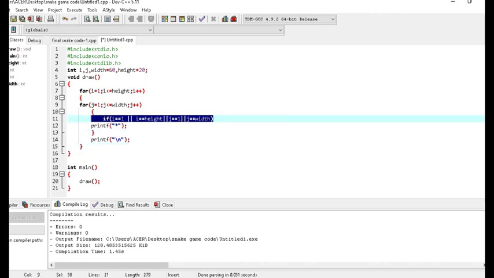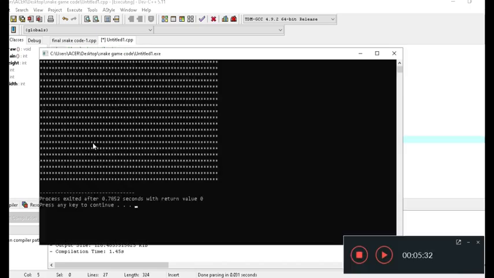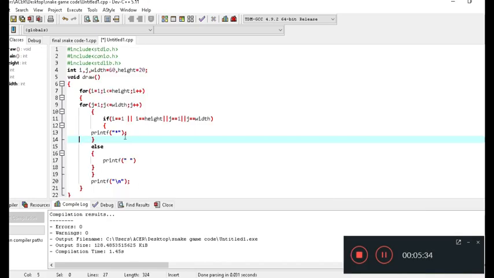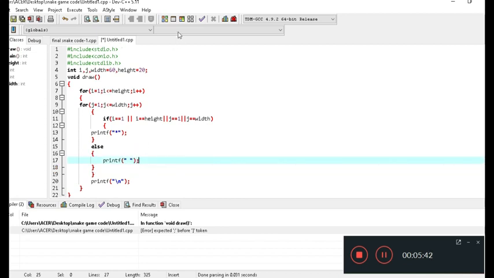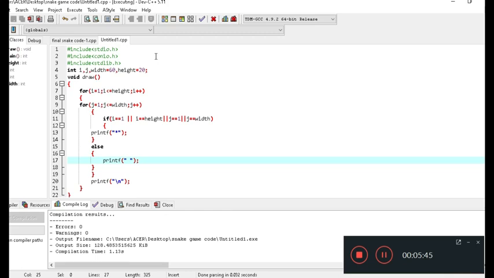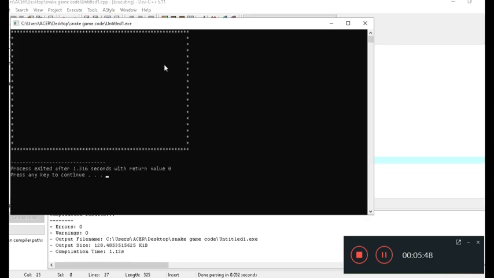See, this if condition is just for the boundary. It means if i equals 1, I am talking about the first row, and if j equals 1, I am talking about the first column. So we have built a logic in which, as you can see on the screen, just the boundary is printed. The rest of the stars have been eliminated, and we will make our snake game inside it.